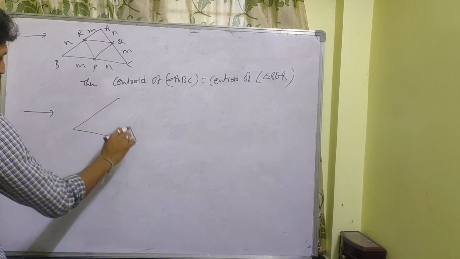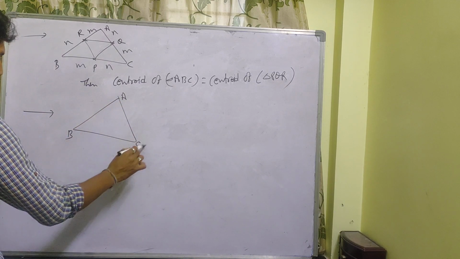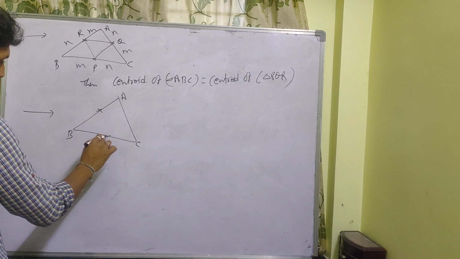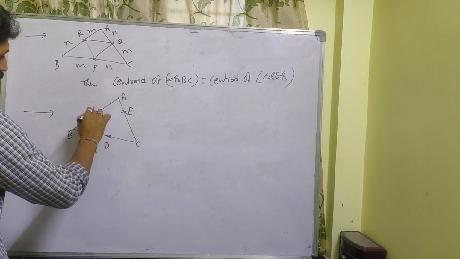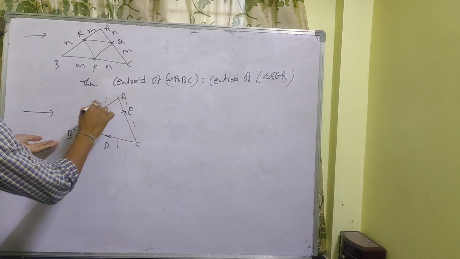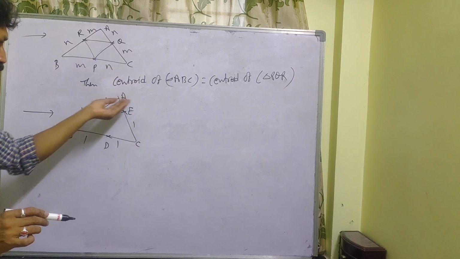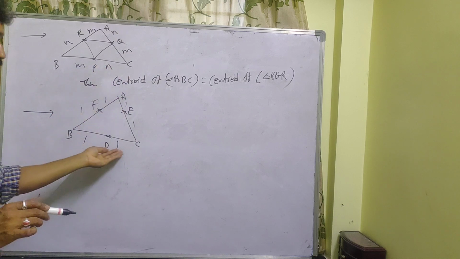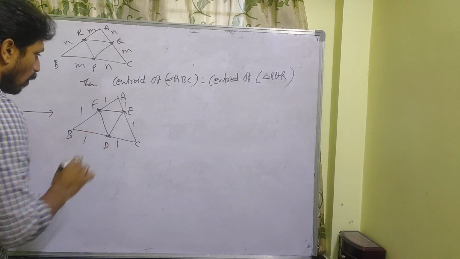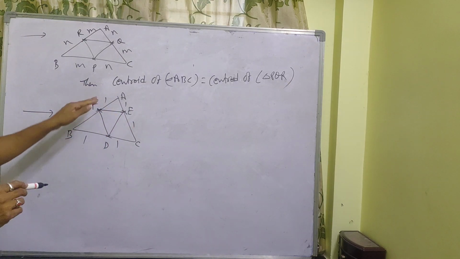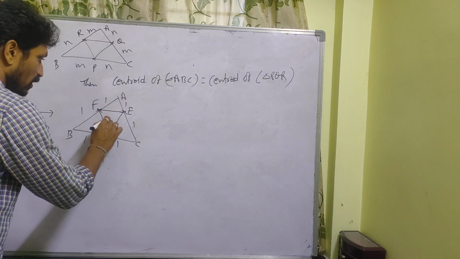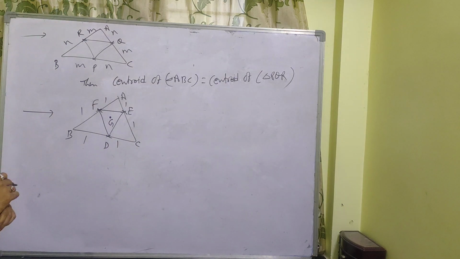Let us take, this is the triangle ABC. Okay, if you take the midpoints D, E, F, midpoints divide the sides in 1:1. So it is 1:1, it is 1:1, it is 1:1. Here in the place of m, 1 is there. So that means this is the triangle formed by these D, E, F. So then what can you conclude here? Centroid of triangle ABC is nothing but centroid of triangle DEF.